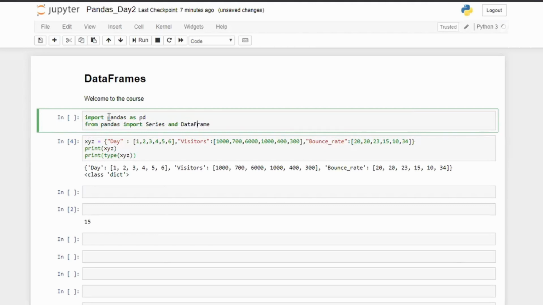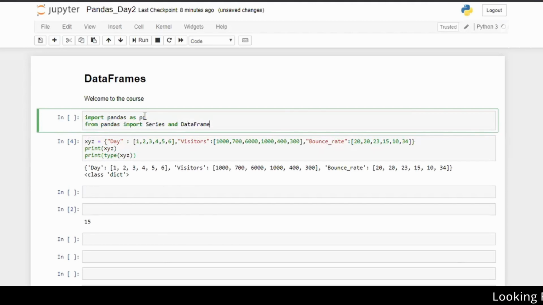This is how you write a DataFrame: D is bigger, then A, T, A is smaller, and F is bigger. In Series also the first letter is uppercase. We are importing both. We imported Series last time, and we are importing DataFrame also. You need to import DataFrame before using it.